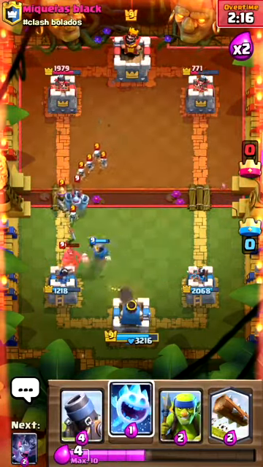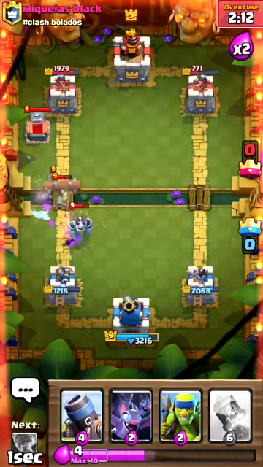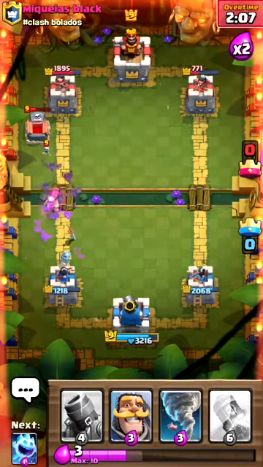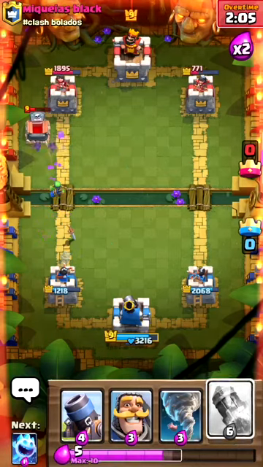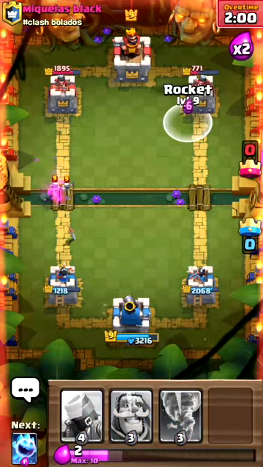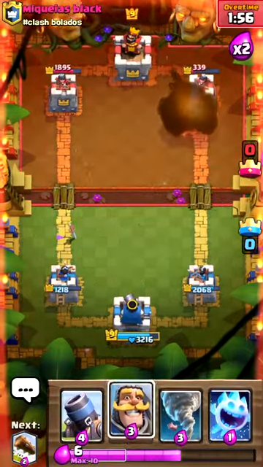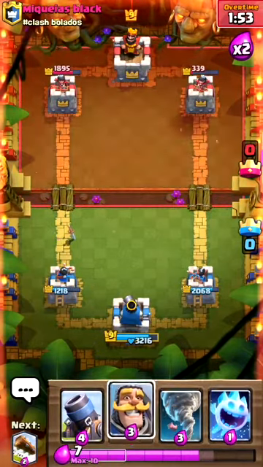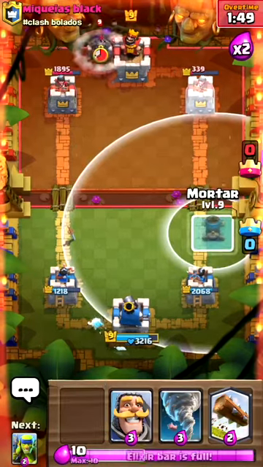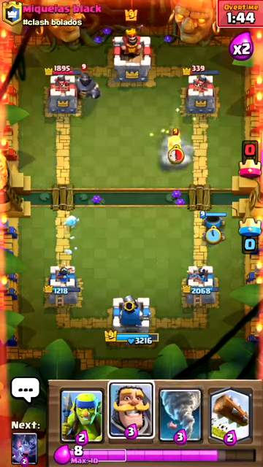Again, with another NATO. Trying to keep my units up top so that I don't have to worry about zap hitting my tower as well. So we're just going to rocket cycle this guy out. At this point, they should probably know that they don't really have a chance at winning, so just give up. If he hogs, I can still NATO it over to my...